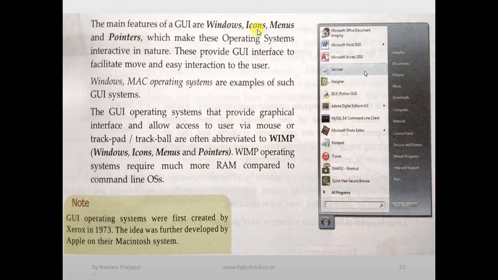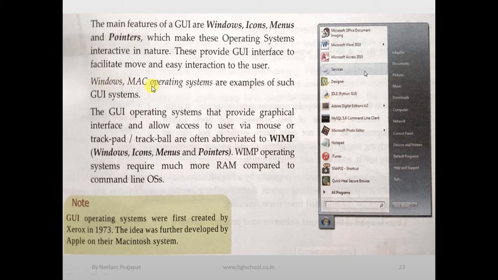All these four things are required so that a GUI can be made interactive. These provide the GUI interface to facilitate us to move and easily interact with the PC.